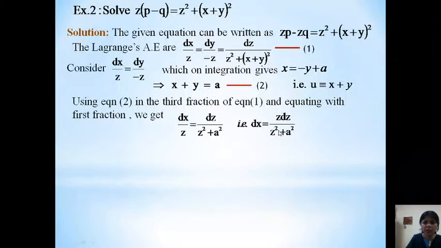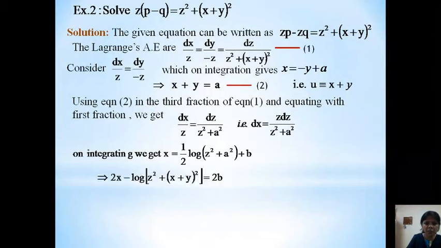First integrate. On integrating we get x is equal to... the derivative of the denominator is in the numerator, provided 2 must be there, so we will multiply and divide by 2. So we have 2z upon z square plus a square, the integration of that is log of z square plus a square. At the same time, to get 2 in the numerator I have divided by 2, so it is 1 by 2. So what is the integration of this? 1 by 2 times log of z square plus a square plus b.